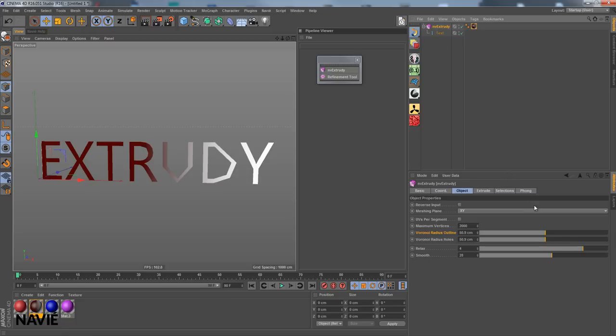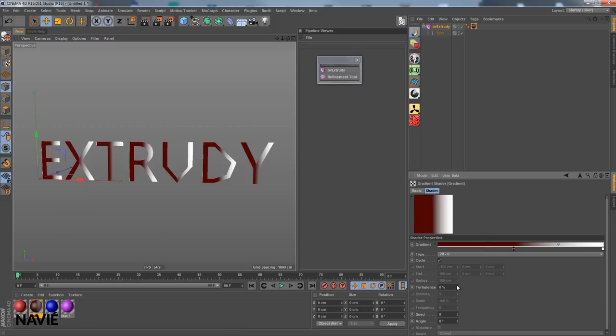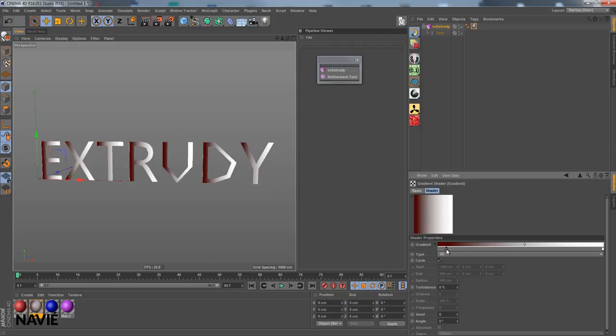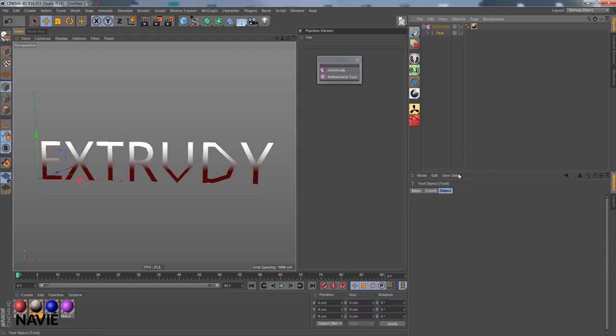And now we have this UVs per segment. If I activate it, you can see that UV data is generated for each of the letters, which I always felt was missing in the native Cinema 4D extrude object. So this may come in very handy later on when putting real materials on the text spline, and maybe also animating it, because